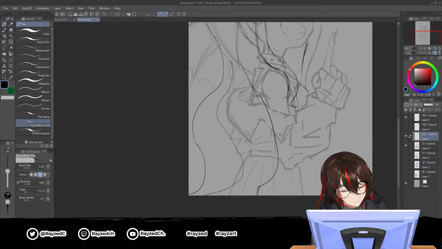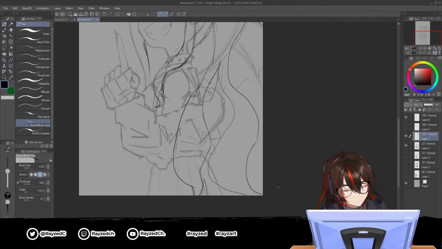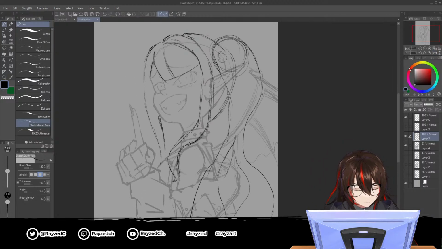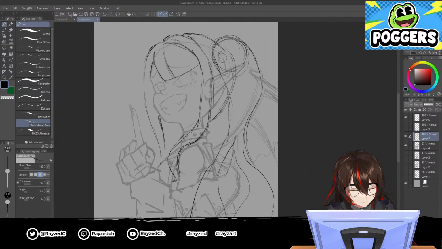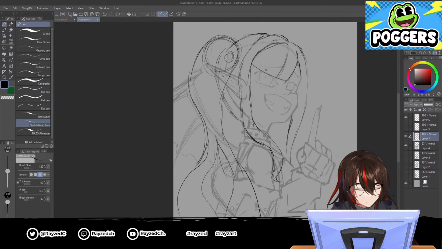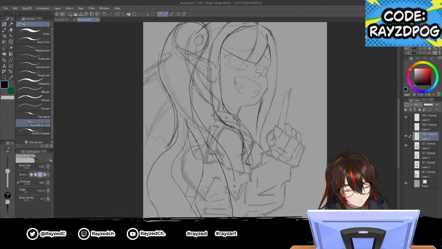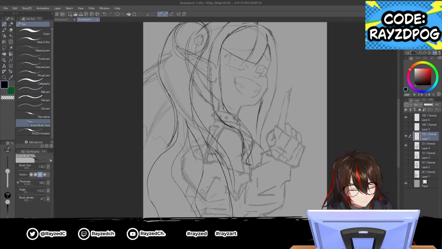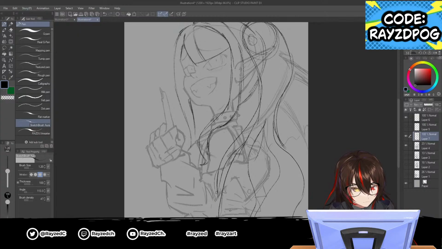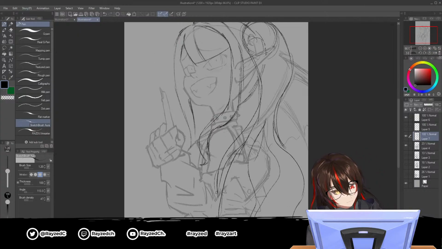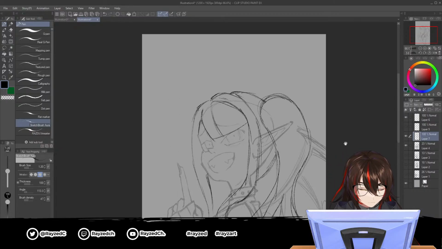Make them look a little wavy. Make extra details here, like extra strings of hair, following the flow. It's gonna take a while to erase everything here, but